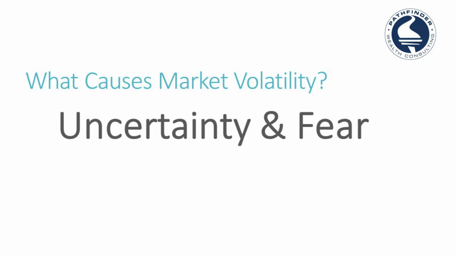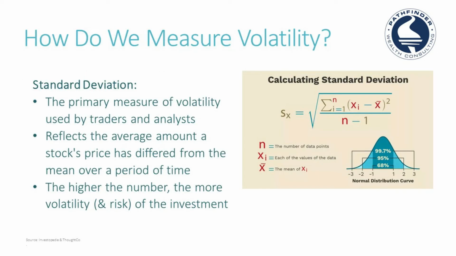So going into how we measure volatility, the standard deviation, as I mentioned before, is really the primary measure. And if you ever took a statistics class, or even a finance class, they'll probably talk about standard deviation. With the little image I have there on the slide, there's the bell curve, which we've probably heard references to a bell curve distribution before.